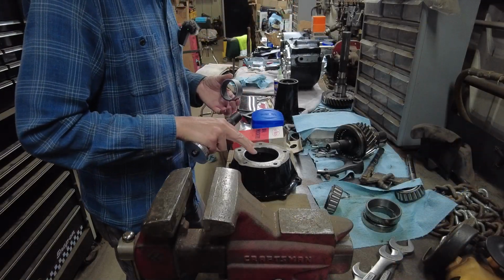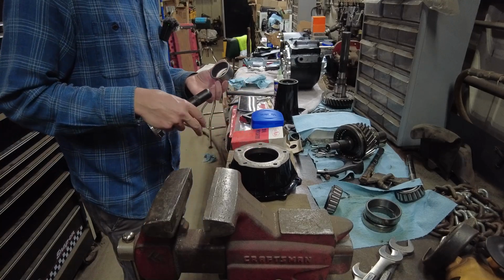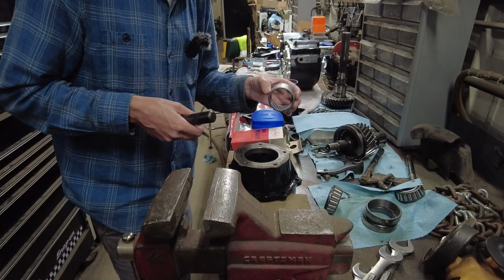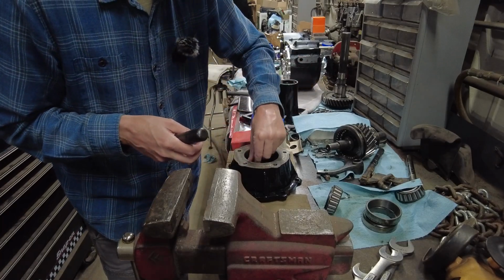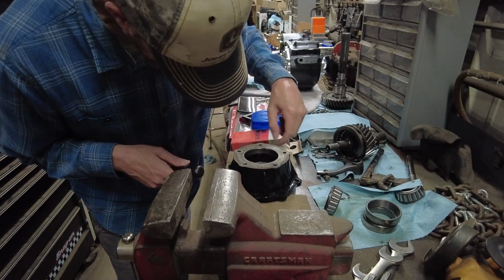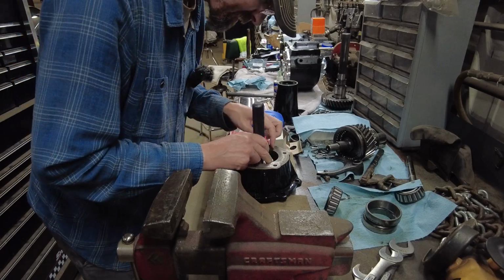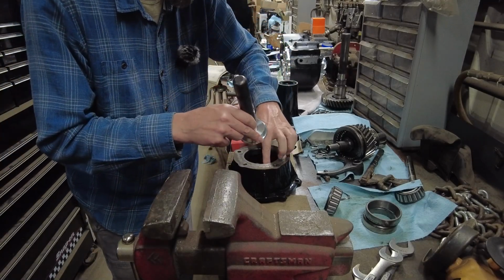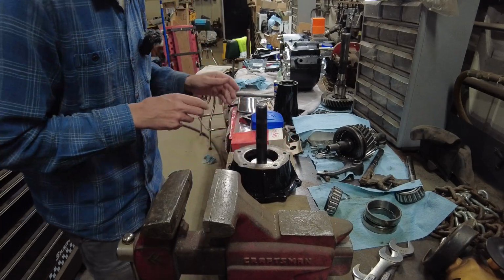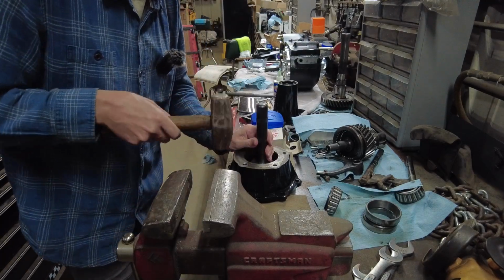Okay, guys, so I've got the rear output housing here. I've got a brand new bearing that came in the rebuild kit. I'm going to be installing it down in the hole, and I've got my little bearing driver. I actually had the bearing in the freezer, so it should help it go in a little bit. You probably aren't going to be able to see anything, but